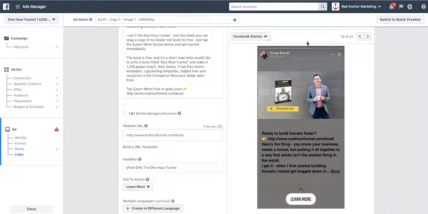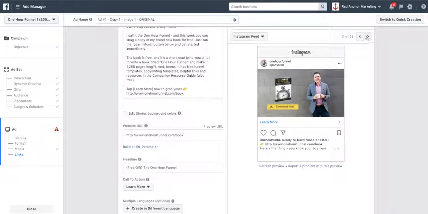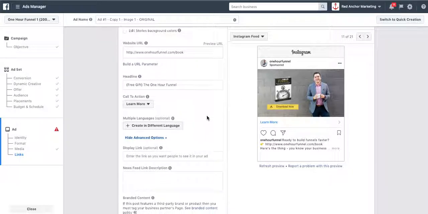Facebook stories, sure, that's what that would look like. Instagram, I think that looks really fantastic. And Instagram, that would look really good. And I would test this against an image that didn't have the book or that didn't have the button. It was just a picture of me, or maybe a picture of me and the family or something like that, and tie that in together. So learn how I build